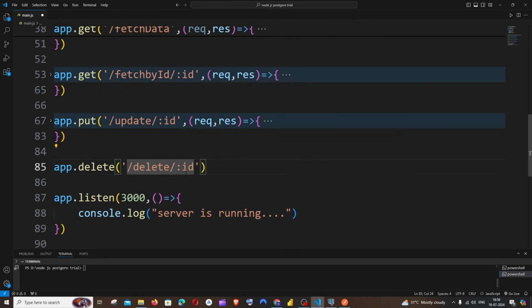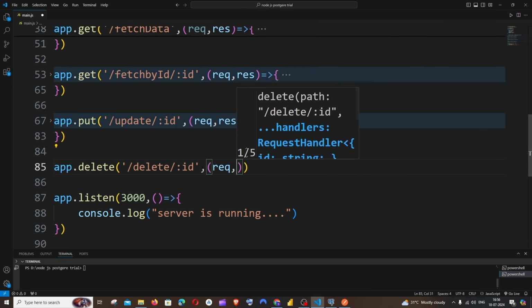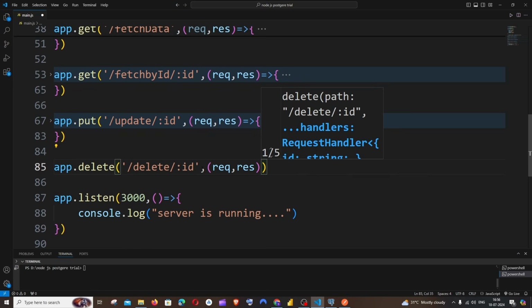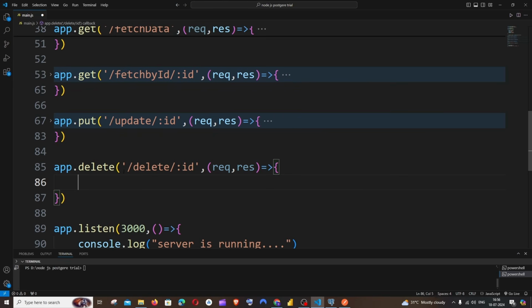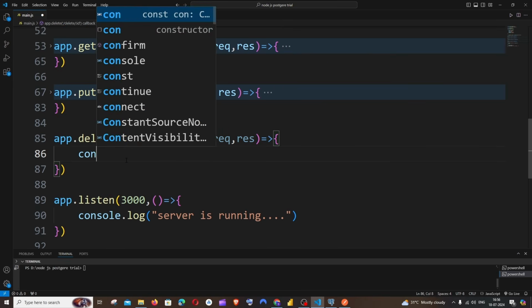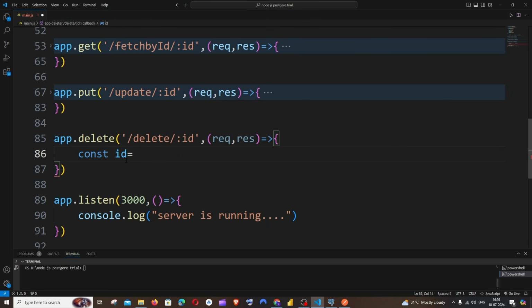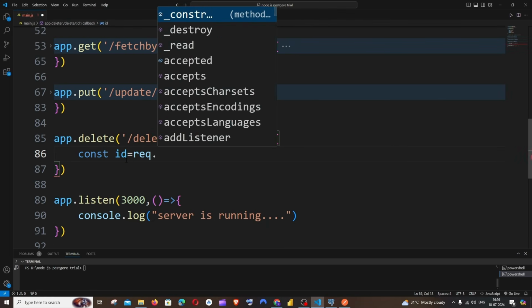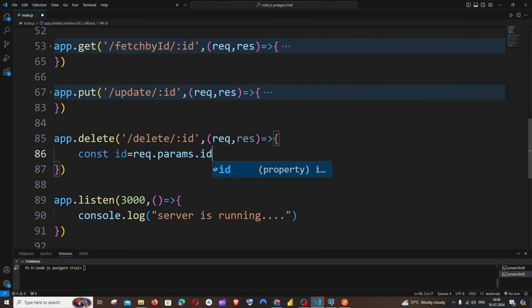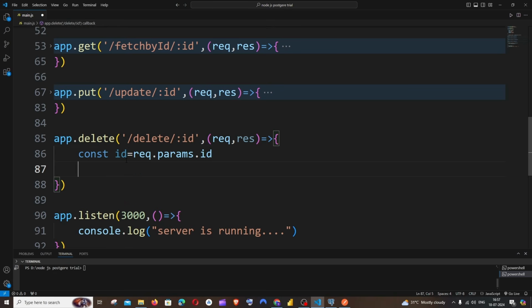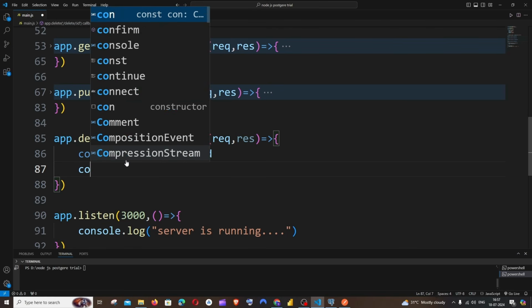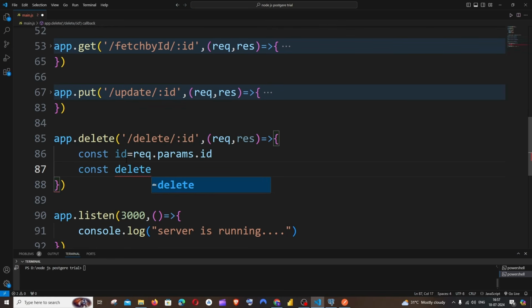Okay, so we need to have the path like this, :ID. Next thing is just put a comma. It's going to be request and a response, a callback function, and we will be accessing the ID over here. So it's going to be const ID equal to request dot params dot ID, and next is going to be the query to delete the particular row. So we will be having a simple SQL query. So it's going to be const delete underscore query equal to